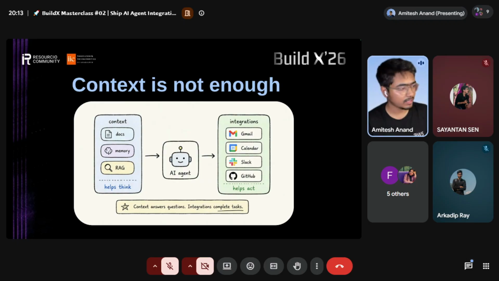An agent needs tool access as well to perform tasks. Let's say you ask an agent to read a Google Doc, give you a summary, then frame a better blog and export it to a Google Doc again. It can't do anything without integration. It needs access to Google Workspace, either Gmail or Google Docs. So context is not the only part for the agent.